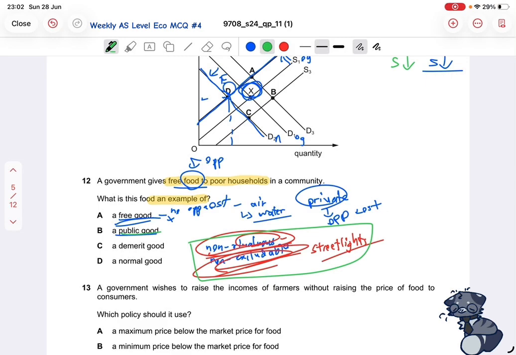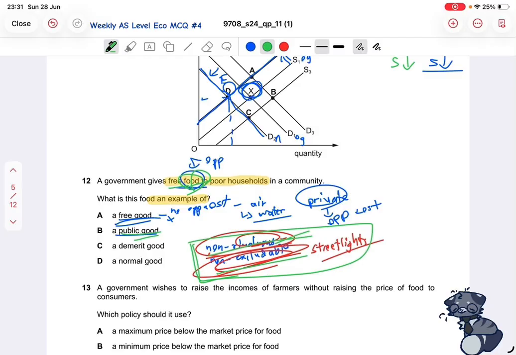So is food a public good? Well, does food match up with these characteristics? If I eat the food, another person can no longer eat it because it'll be in my stomach, so it doesn't exist. So I can decrease its use for another consumer, so it is not non-rivalrous. It will be rivalrous instead. Alright, is this also non-excludable? Well, technically, since it's free, it is not restricted by any means of payment or prices, so you can say that it is non-excludable, meaning you are not excluding anyone.